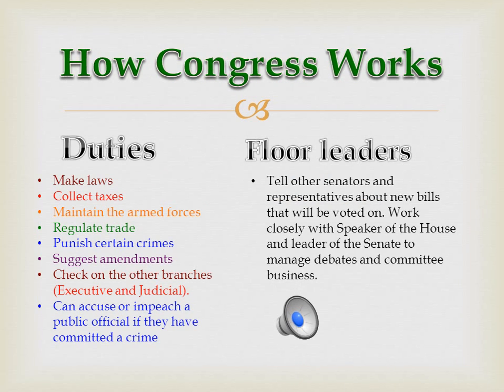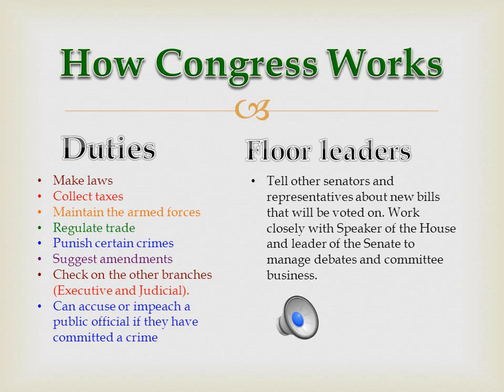So how Congress works is it has a few duties. The first, the main one, is that it makes laws. And a lot of those laws include what I'm going to mention. Congress deals with collecting taxes. The IRS is overseen by Congress. So the fact that you're paying taxes on your wage, that has to do with Congress. And those taxes help pay for public services such as your school, such as certain health care, such as Social Security. So Congress oversees that, and that's an extraordinary,